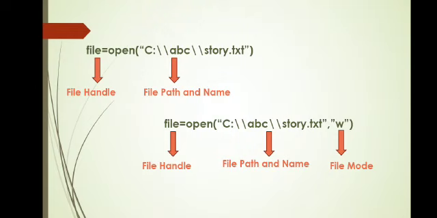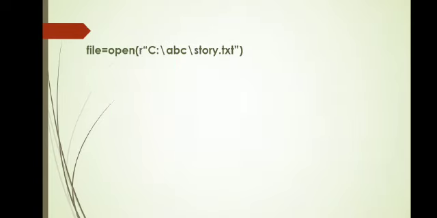To suppress the interpretation of escape sequences in a file path, we specify double backslashes. Now sometimes it might happen that I do not want to use double backslashes. I want to use a single backslash, but I also want my path to be valid. In that case, what you can do is use the concept of a raw string.